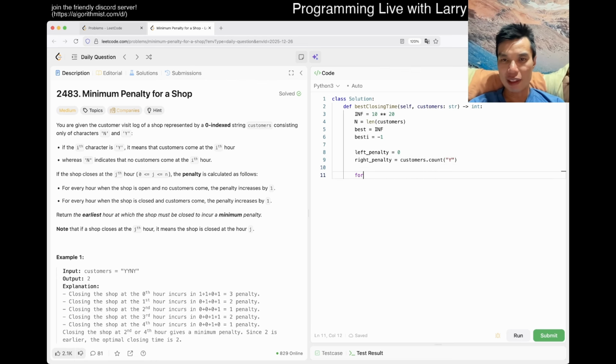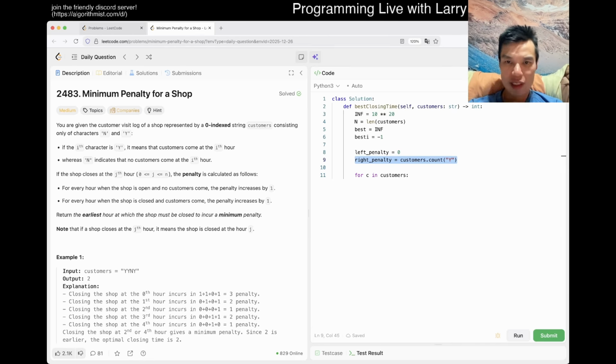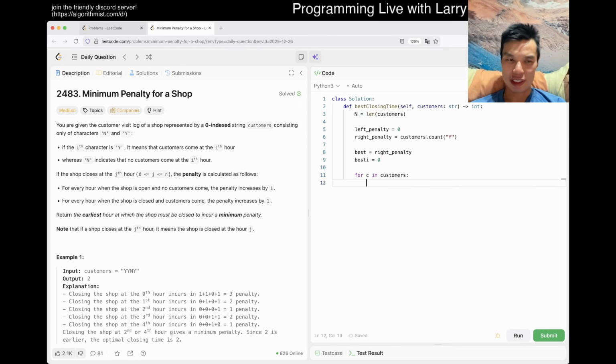And then now for C in customers, we can say best is equal to right penalty and best I is equal to 0. Obviously no point declaring it twice as infinity, so we can do this, right? Then now we move the closing hour to be the next customer, something like that.